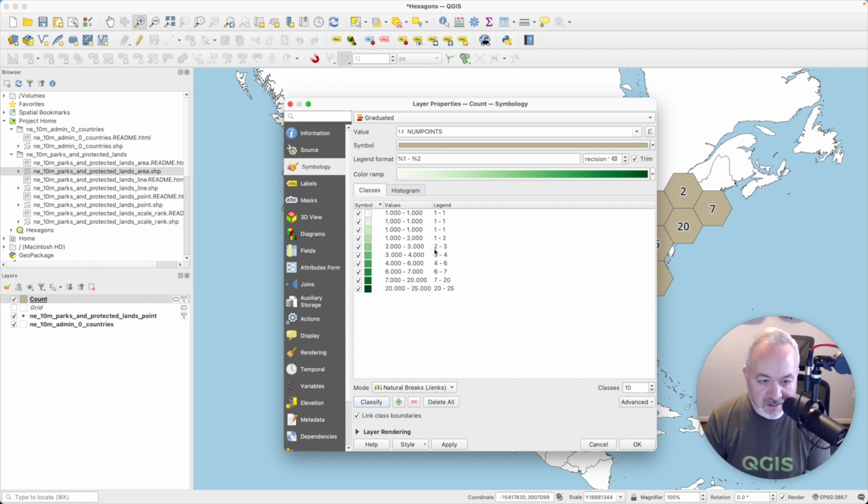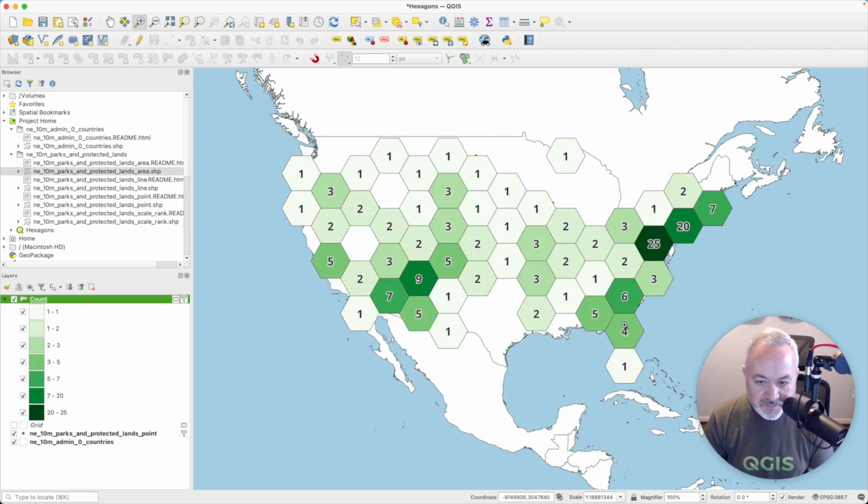Maybe we'll use a slightly smaller number because I'm getting 1 multiple times. What about 7? 1, 1 to 2, 2 to 3, 3 to 5. All right. I think that looks all right. What does 6 get me? No. All right. Great. And then if I hit OK on that, I've now got these hexagons both labeled and